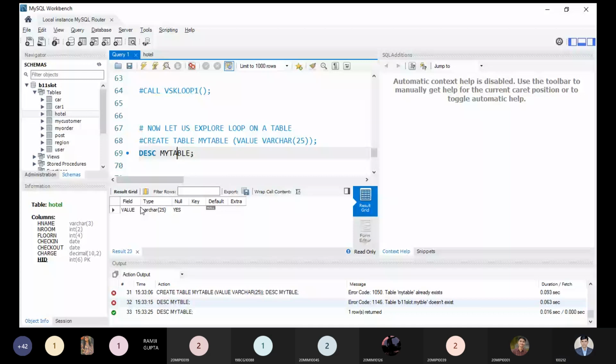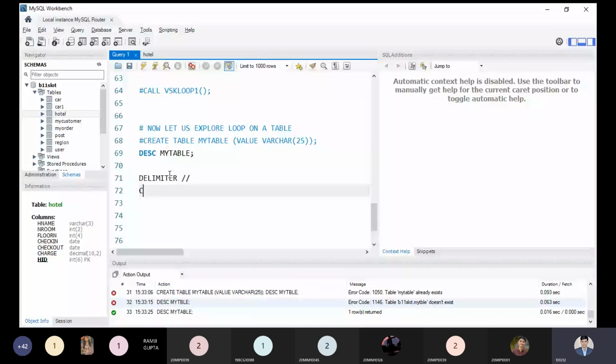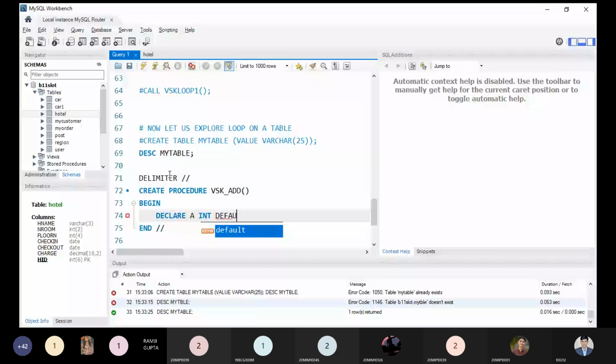Delimiter, and create procedure, add. So I can write here vsk underscore add, and begin. In the begin section let us declare some variable a as an integer, default one I am taking, and a loop label, so ll I can take, so loop.